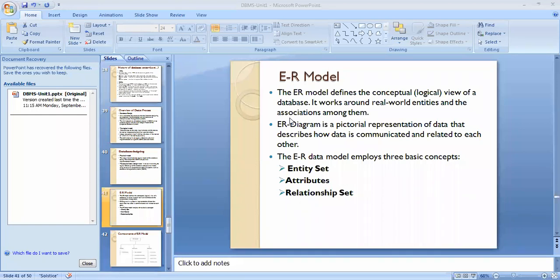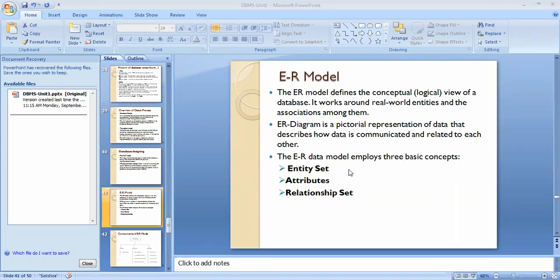Person owns a car: own is the relation between the person as well as the car. Employee works for: working is the association between the organization as well as the employee. An ER diagram is the pictorial representation of the data that describes how data is communicated and related to each other.